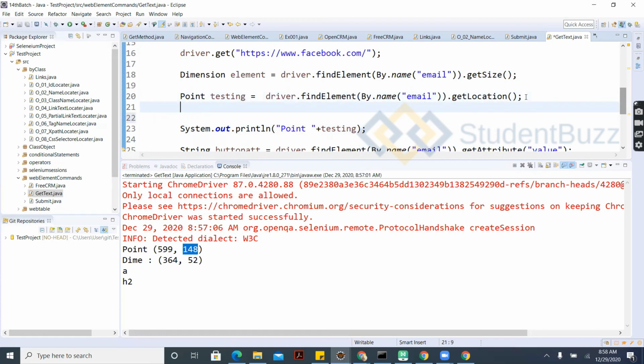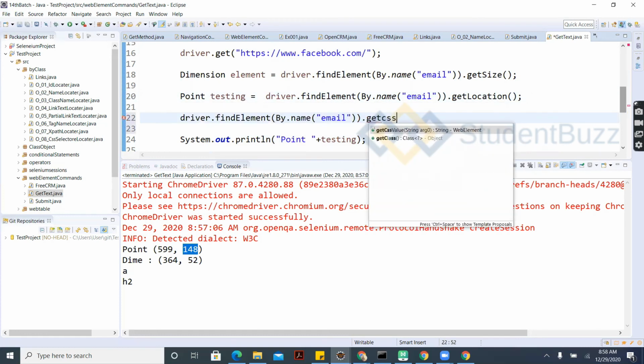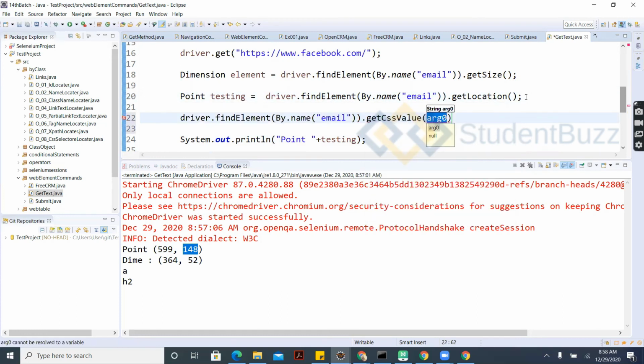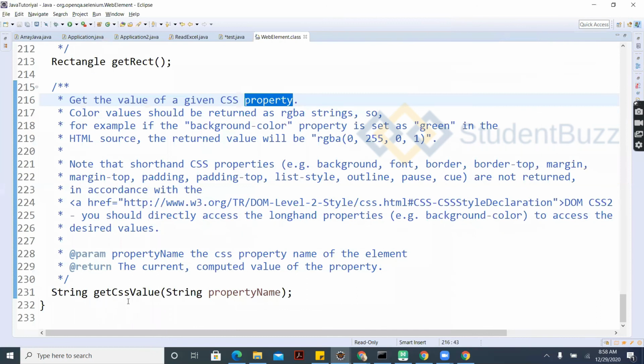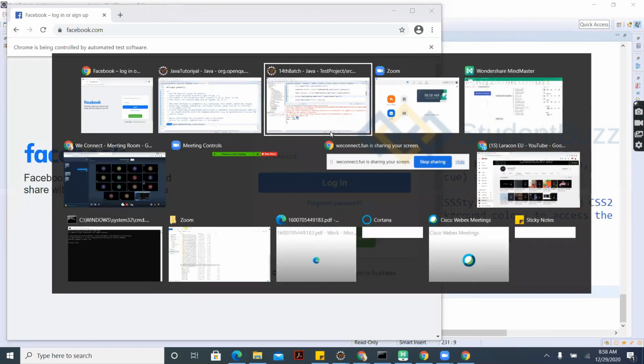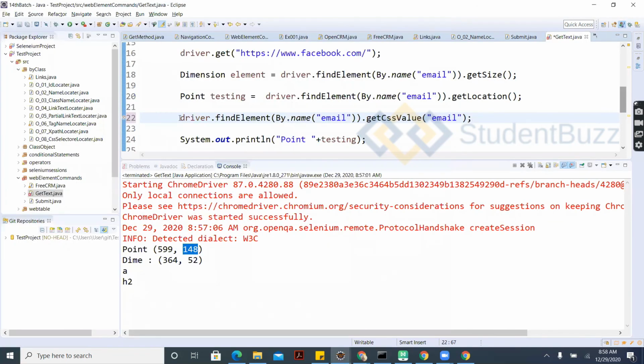The name property has the value email. Let's see what it is going to do. And what is the return type of getCssValue? It's a String. Let's see what it returns.